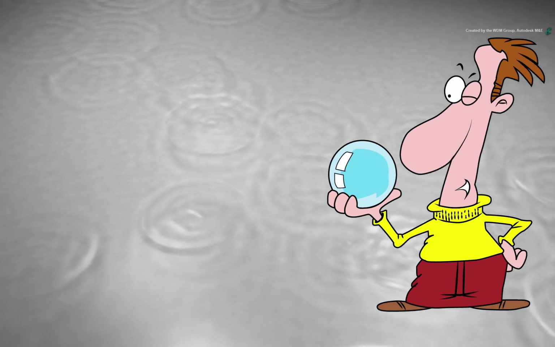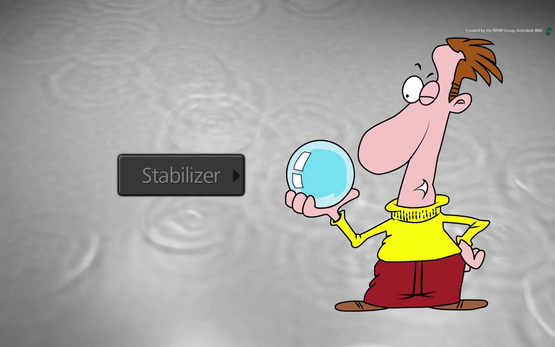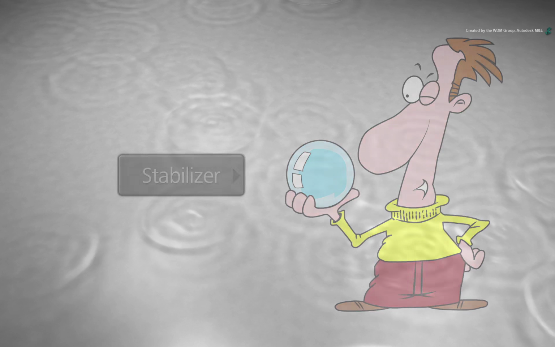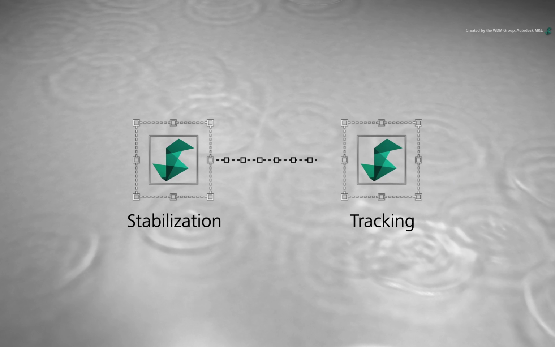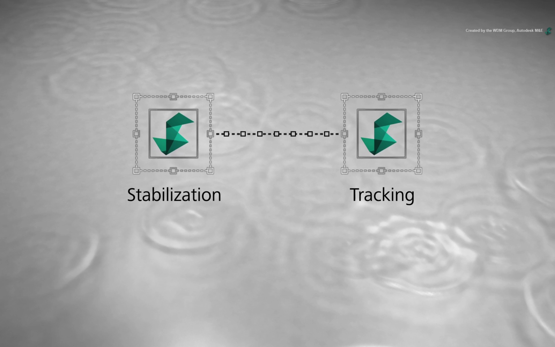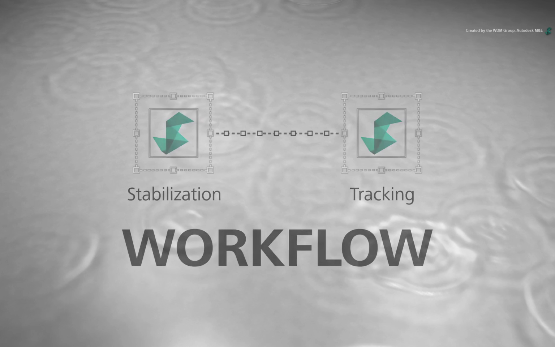Finally, just a historical note. The Smoke tracking tool is called the stabilizer. This is because this tool did stabilization before it did tracking a very long time ago. So all the tracking skills you learn for stabilizing can be easily transferred to a tracking workflow. Ultimately, it's how you set up the stabilizer in each workflow for either stabilization or tracking.